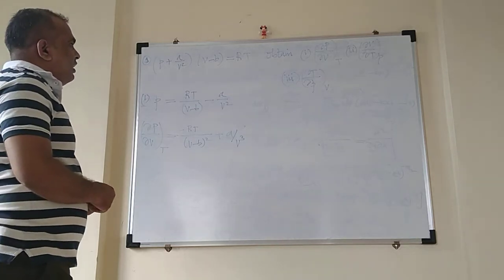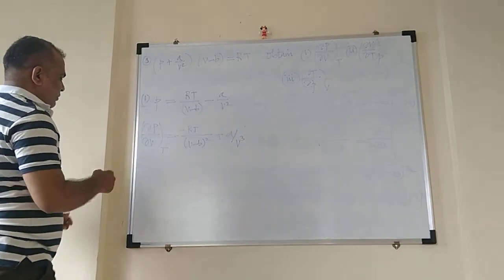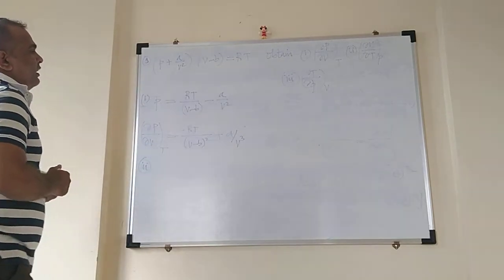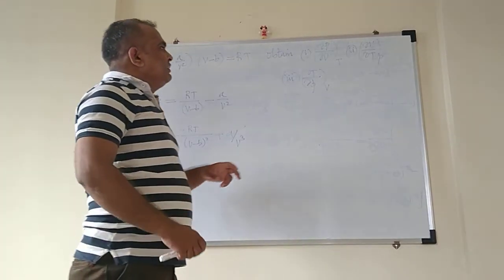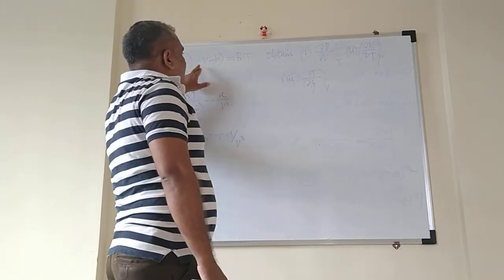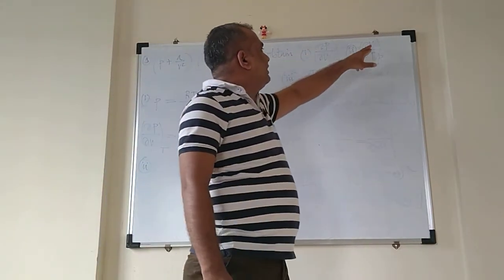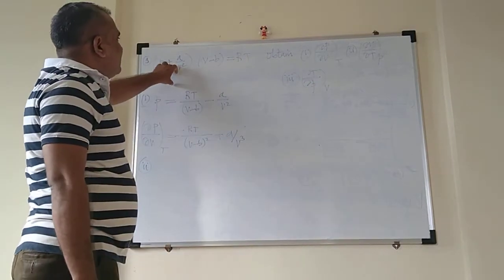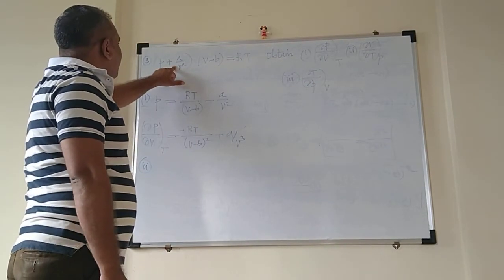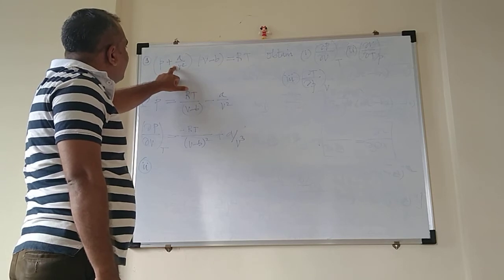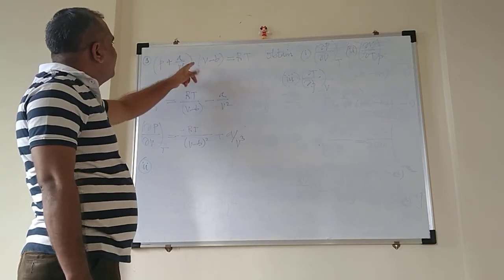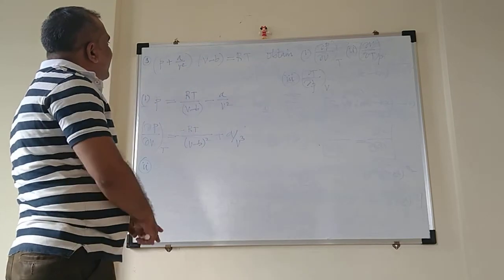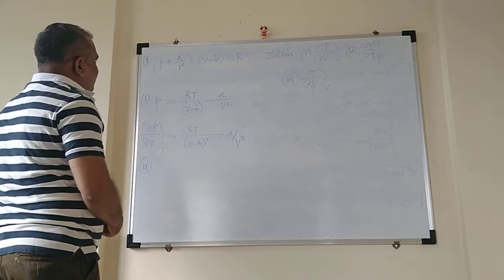Now let us solve on the same line the second bit of the given problem for the Van der Waals equation. Now in order to differentiate this Van der Waals equation for V with respect to T when pressure is constant, you have to write this equation for V. Now in order to write this equation for V, it's very difficult because V is in both the brackets. So let us split these brackets and then rewrite the equation.